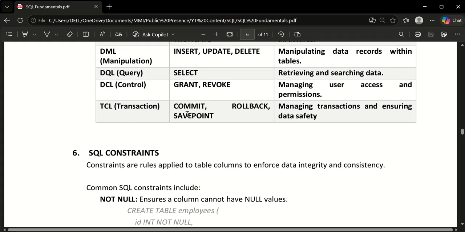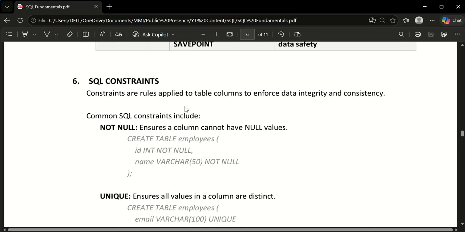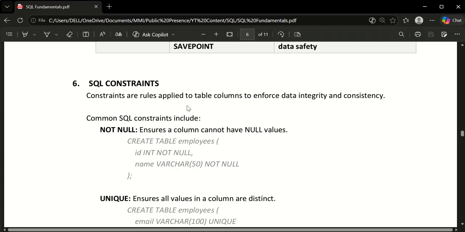All right, now that I've seen the sub languages, let's look at the SQL constraints, okay? Now, what are constraints? From the English word, constraint means you're restricting something, or imposing certain rules to be able to achieve something. For example, let's say there's going to be a curfew, nobody should move by 7, could be for security reasons, so that we can achieve that. We impose rules or restrictions, right? But in the case of data, these rules apply to tables to enforce data integrity and consistency,